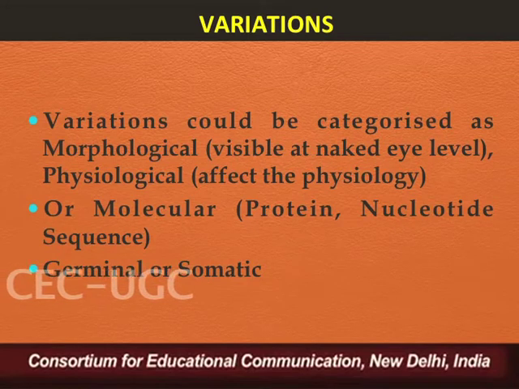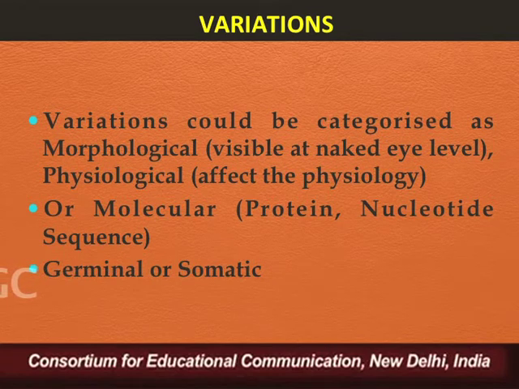So basically what I want to tell here is that all the organisms, whether they are sexually reproducing, bacteria or virus, tend to show some form of variation. Even if it is not at the morphological level, it can be at the genotypic level. So when we talk about variations, we can classify the variations as morphological, that is those which are visible to the naked eye,